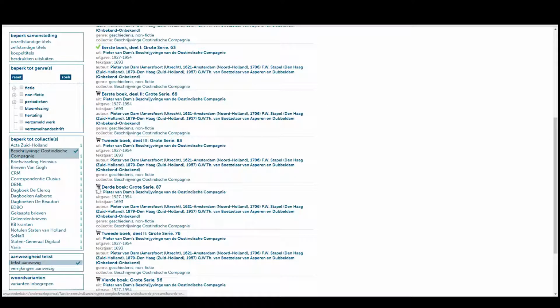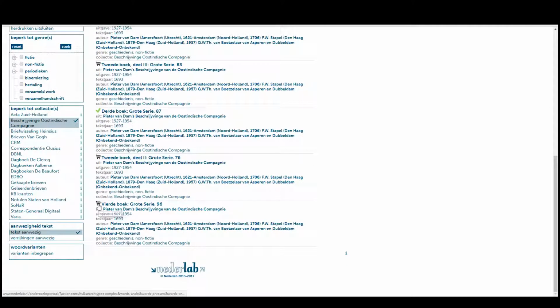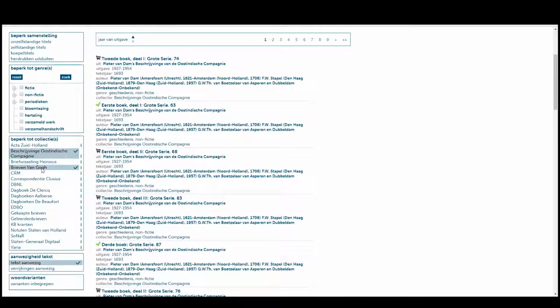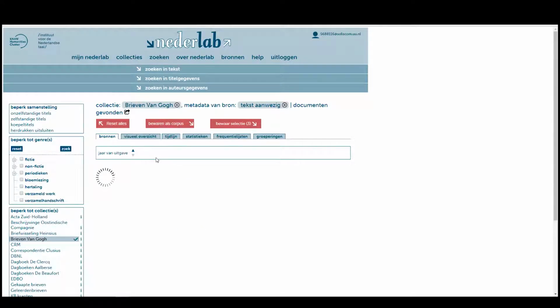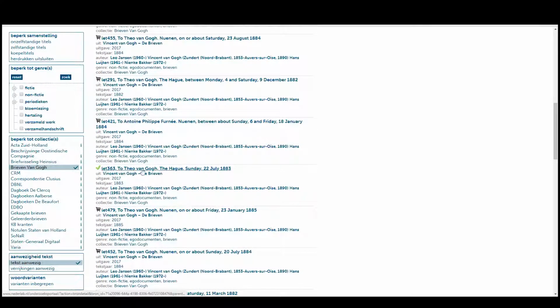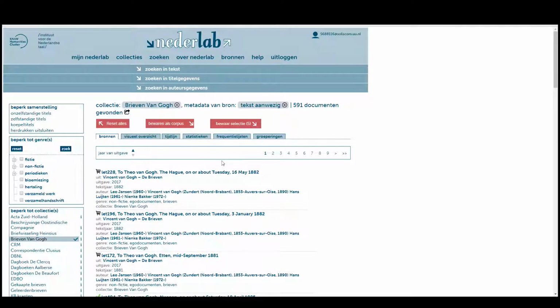So suppose we want this one as well, and that one, and let's have a little look at the Brieven van Gogh. And let's remove that one from the selection screen, and this one and that one. We've now selected all the documents that have proven to be useful for us through background research or through whatever means you've selected them. If you click on the Save Selection, which now indicates there are 5 documents in our cart,